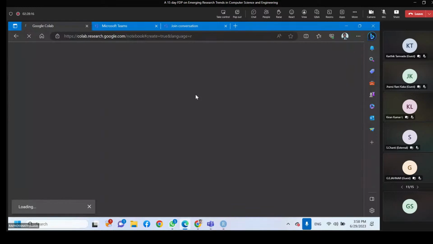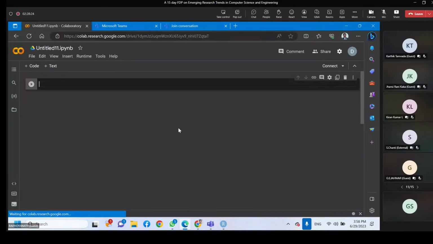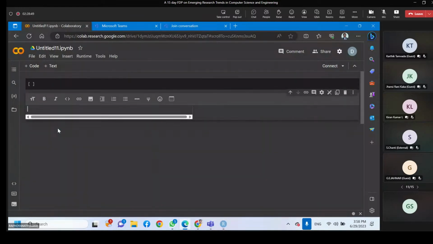This is the Google Colab. What is the advantage of this is you can, okay. Now, so this is the Colab. So don't get worried, even though it is IPYNB, it is not a Python notebook. You can do R here, and you can add the code. So by default, it is code only, and you can add the text also. So this is the text. So here you can add the text like, say for example, I want to,